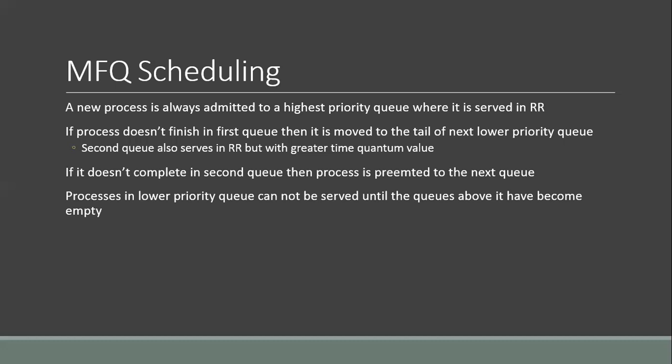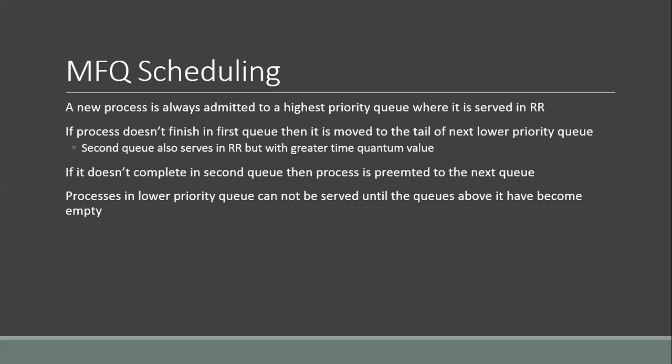If the process doesn't complete in the second queue as well, then the process is preempted to the next queue. This means if in the second queue, again the process doesn't complete in the given time quantum, then this process will be moved to the next lower priority queue. It will be moved to the third queue, which is a lower priority queue as compared to the first as well as second queue. Processes in the lowest priority queue